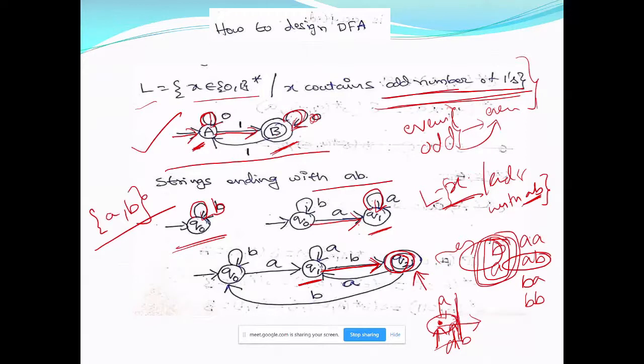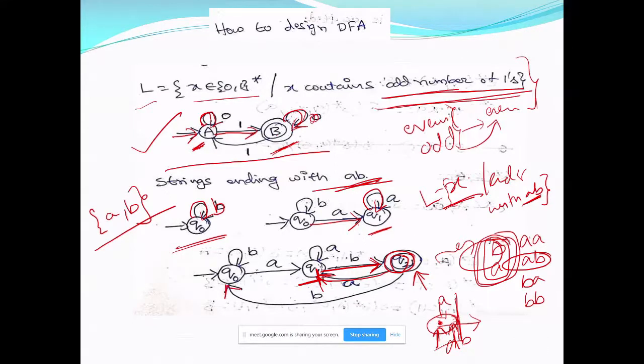Now suppose this is not the last thing and you get one more A. Then what happens? AB will now become BA. The last input symbols will become BA. So among BA, I require only A because my string should end with AB. So I'm just remembering the last A. So Q1 is the state for remembering A. So I'm coming back to A. Suppose it is B. After AB, you get B. The last two input symbols will become BB. And this BB is not a substring of what you require. So I am coming to Q0.